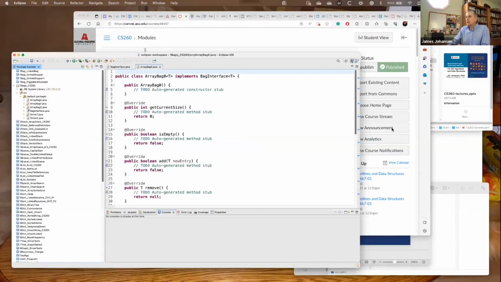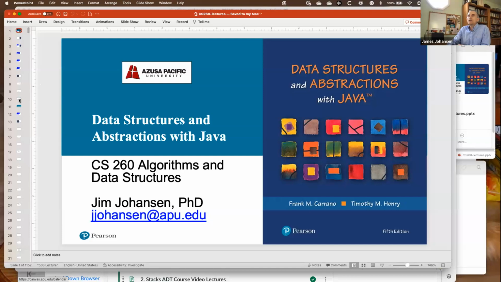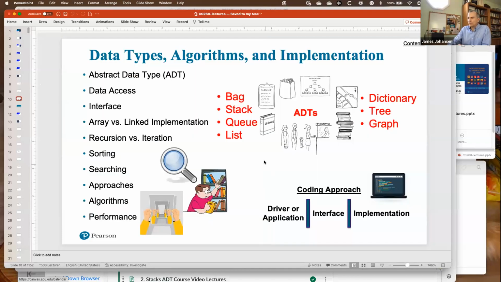So one chart that you'll see a lot, and I'll just pull it up here, is this chart. The first thing I'm going to talk about is this interface. And from that, what I'm going to do is show how you can generate the code stubs and begin to focus on the implementation. This is one of the purposes of what an interface does. In C++, it would be called a header file, but it's called an interface in Java. That's what we're going to be leveraging here as we work on this material.